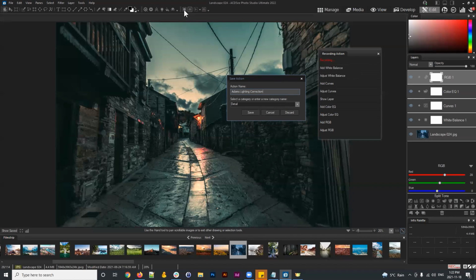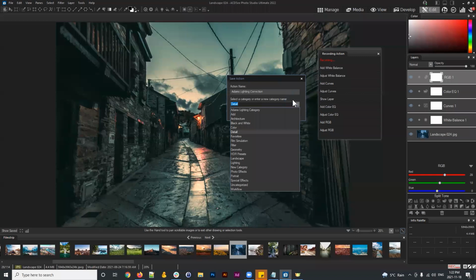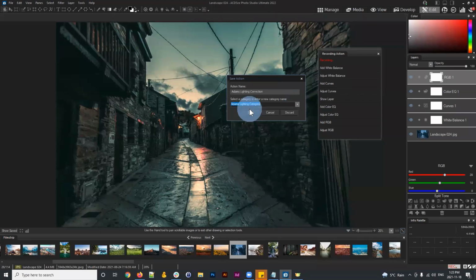Okay, great. Just to reiterate Bruno's point, do we have to name this action prior to actually creating it? That's not the case. What we noticed earlier too, when we were in manage mode and creating a category, is that I didn't necessarily have to create that category there. You'll see that the second function here, which is an important one, says select a category or enter a new category name. Now we've already made a category. It's called Adam's lighting category, which I